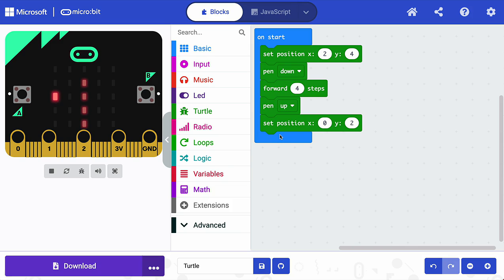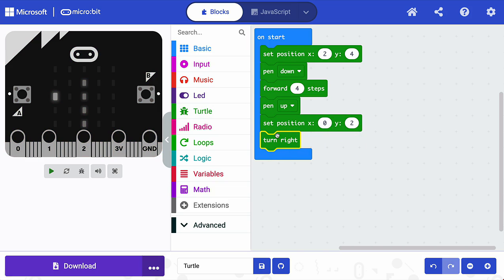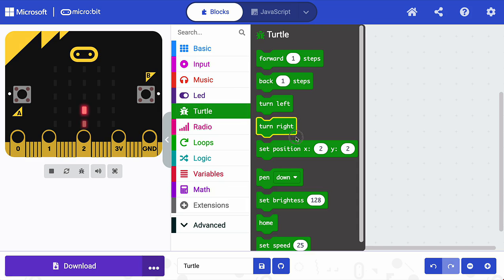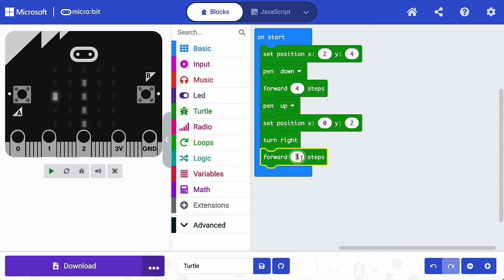Now the next thing that you can do is if we wanted then to go towards the left or the right, we need to turn the turtle. So at the moment the turtle is pointing up. Now it's always typically going to be pointing up, so in order to go towards the right we need to turn right, and then if we say forward, and then we'll give it a number, let's say for example forward 5, what you'll find is that it goes up, moves, and then you can see it goes over. But again, because the pen is up,